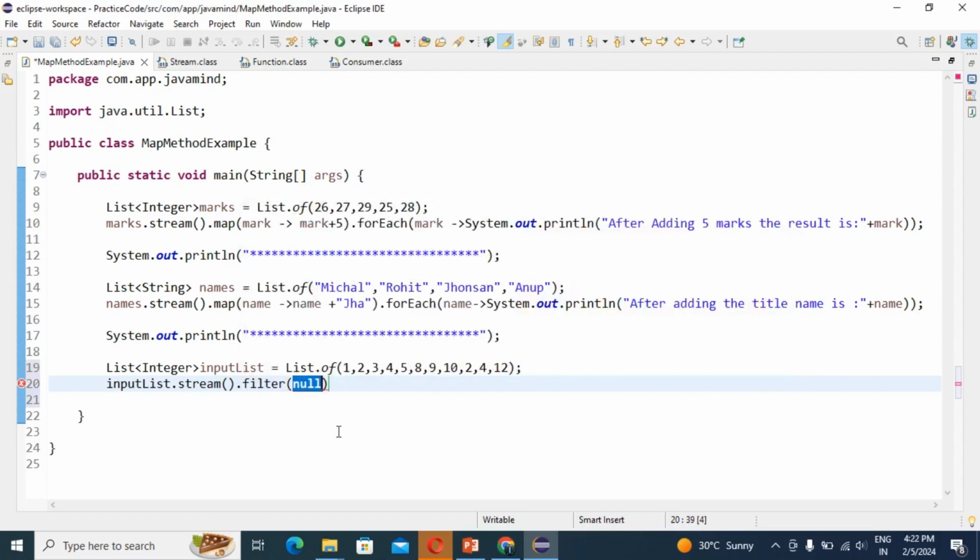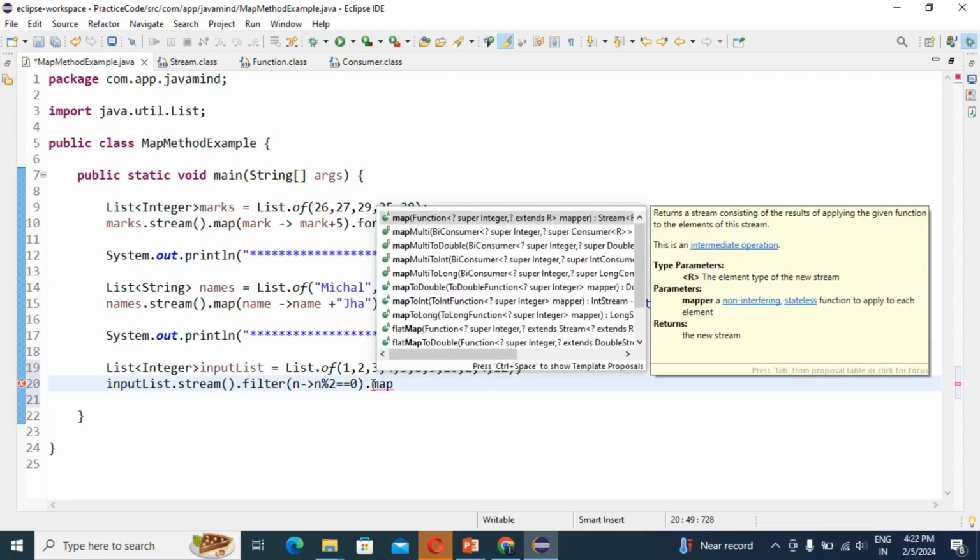So now we are going to find the even numbers. I'm writing a lambda expression: modulo by 2 equal to 0. So that is the even number check. No need to explain this thing. With this we can get the even numbers. After getting the even numbers, our requirement is to multiply those numbers by 10. So that's why I'm going to use map. Already I mentioned the map method we can use in those places where we are going to use